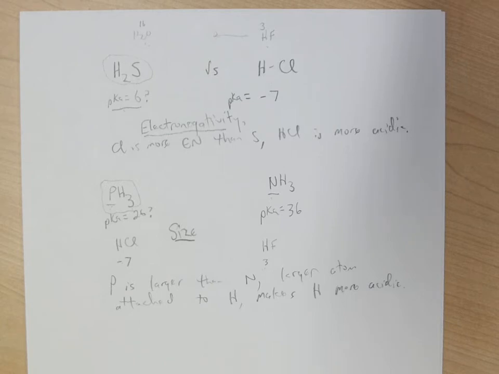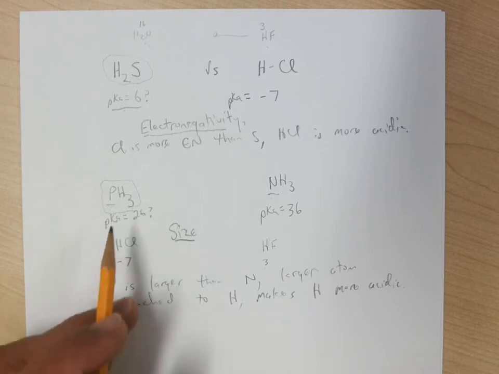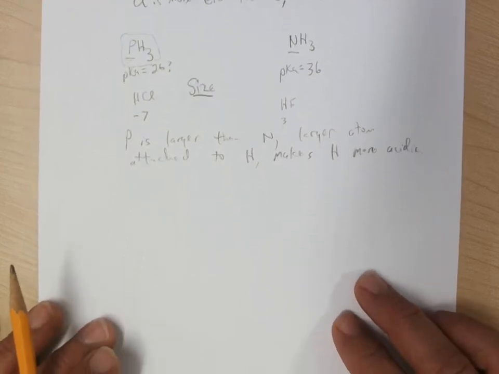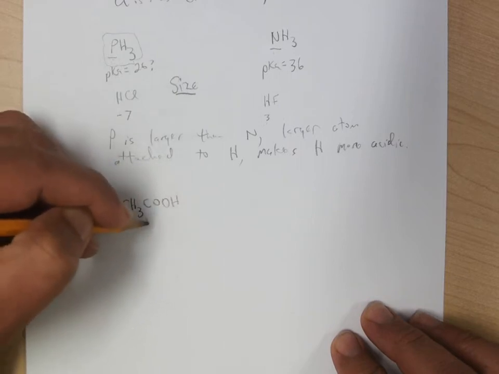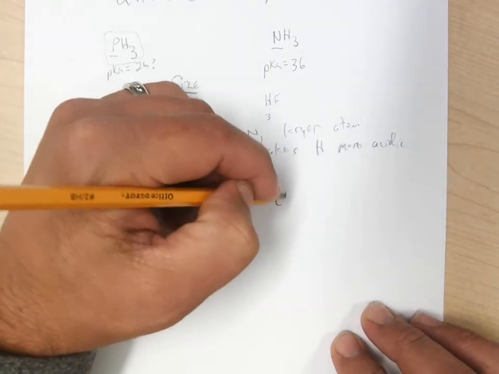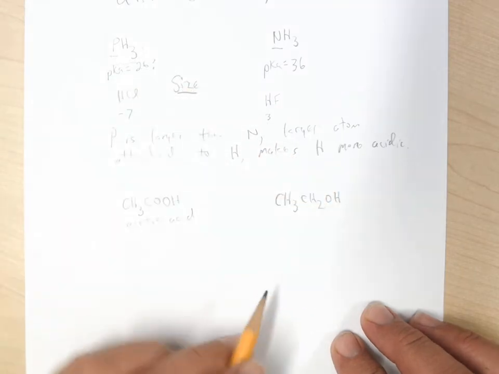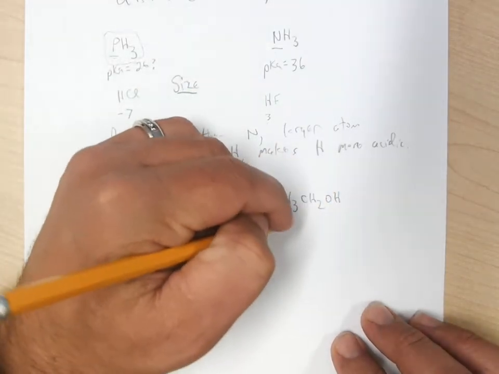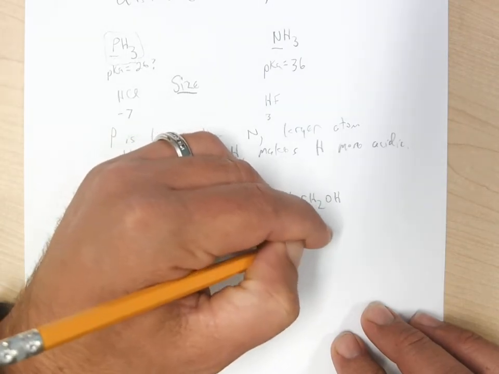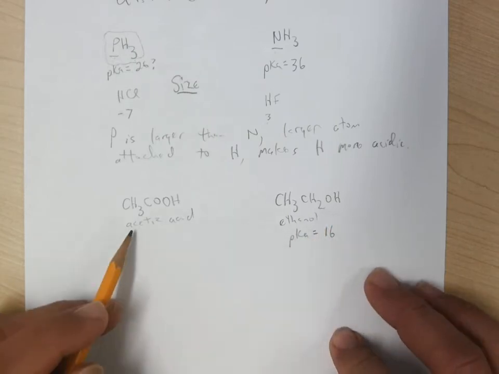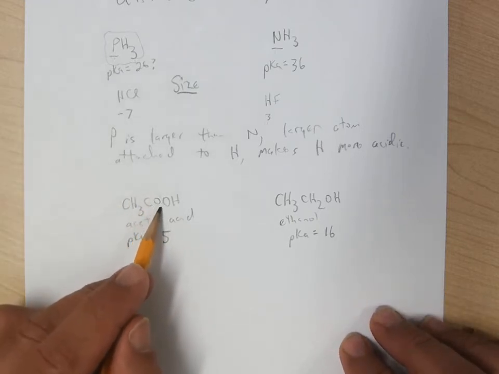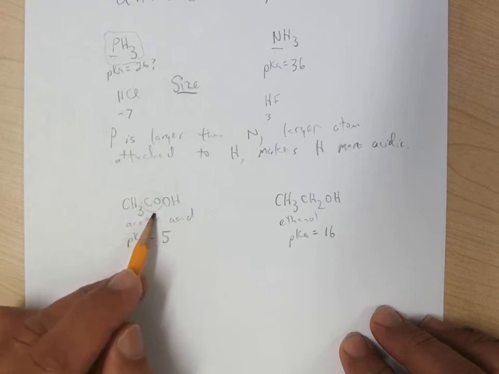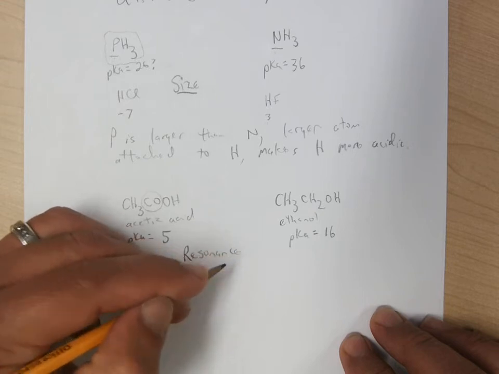Right, so hopefully knowing things are in the same column of the periodic table, it's easy to predict which atom directly attached to hydrogen is bigger or smaller. The next comparison, acetic acid versus CH3CH2OH, and this one we should know very well. This is a comparison straight from lecture: ethanol should have pKa in the neighborhood of 15 or 16, similar to water or methanol, and acetic acid pKa equals about 5, 4.74. And this carbonyl here allows resonance in the conjugate base. This is resonance, where the more acidic